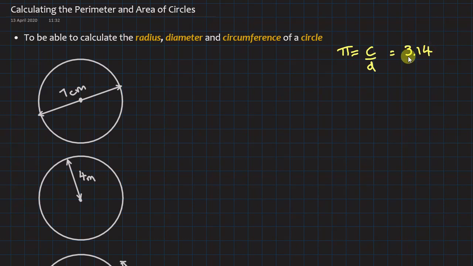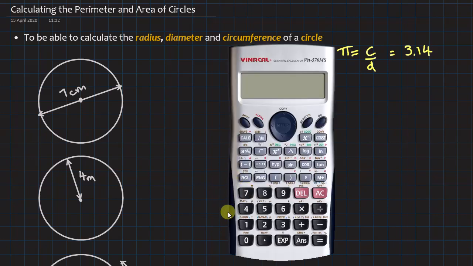When we come to use the calculator, we will do it using the pi button. You should find your pi button somewhere. If you've got a normal calculator like the Casio's, you'll probably find the pi button is down here on this bottom row, and it's a shift key. So to get pi, you put a shift and X button on mine. It's the same thing on my Casio as well. When you press equals, it gives you